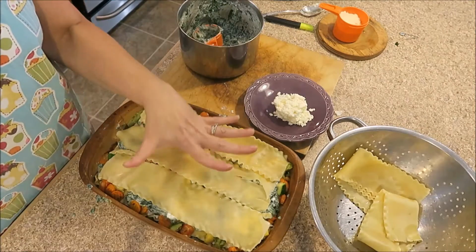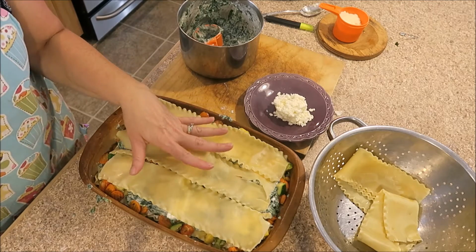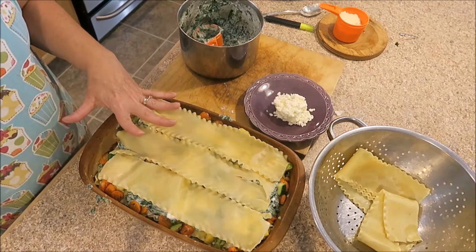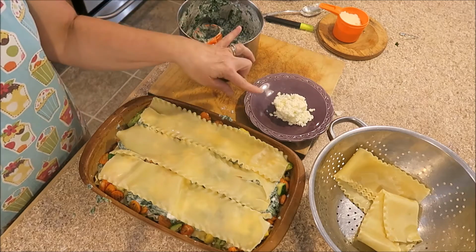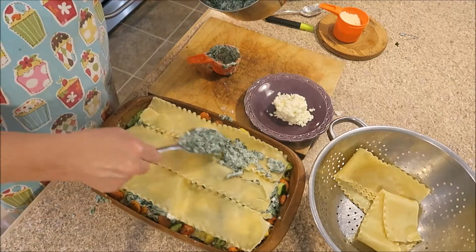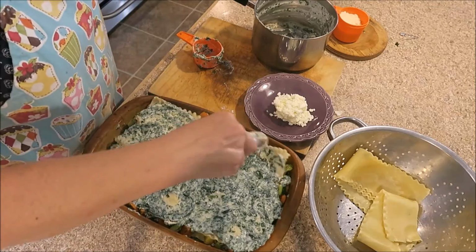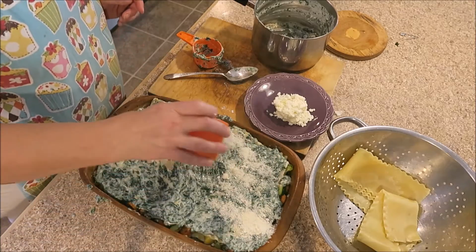So we end with our noodles, and then we are going to spread the remaining spinach mixture over all that. Then we are going to sprinkle it with the 1/2 cup of Parmesan and the 1/2 cup of mozzarella. So now we'll just sprinkle our Parmesan cheese over it